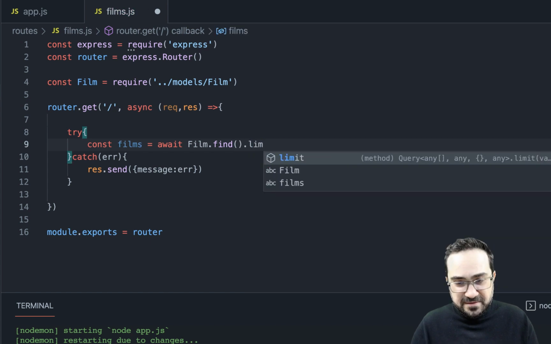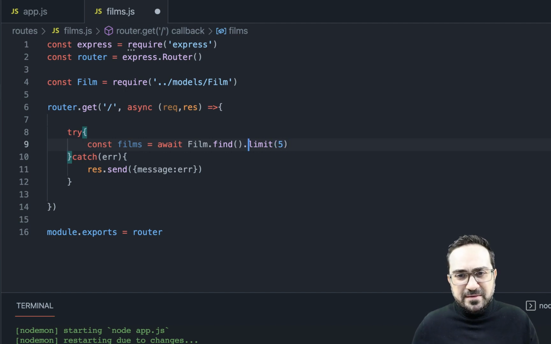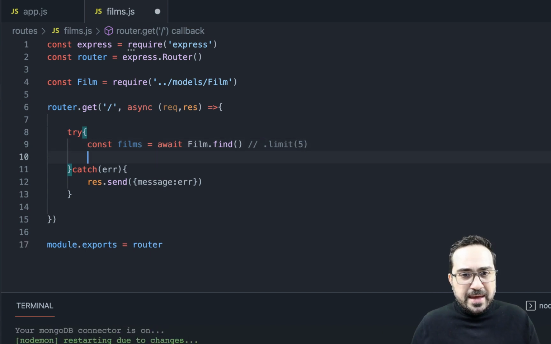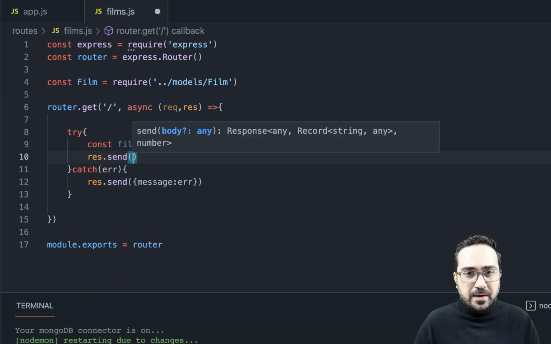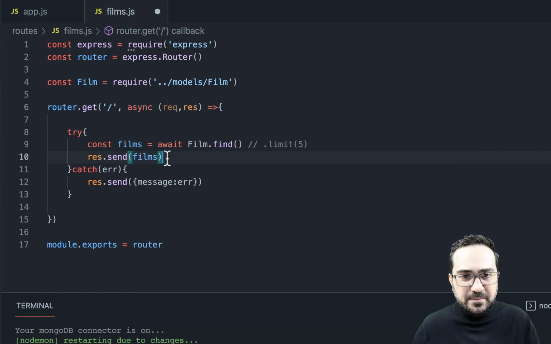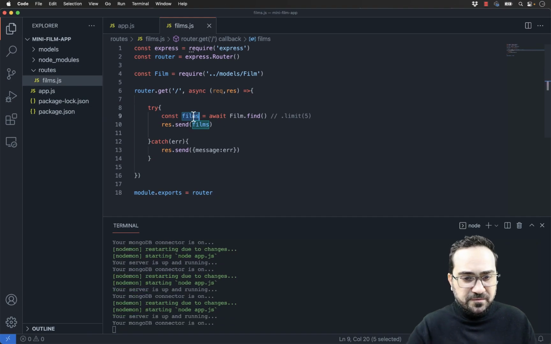If I have, let's say, thousands of data, I don't want to see everything, I can say here, limit and bring me only 5. That should be the limit if I want to have it. I will just leave it as a comment because in my case, I don't have. Even if I put it like that, I will see only one because I just have one record. Okay, so I save it here and I will say now, whenever the user requests for this film, I will send back the films that I just took from my database. So these films. Okay, let's save it. All right, everything is fine here.